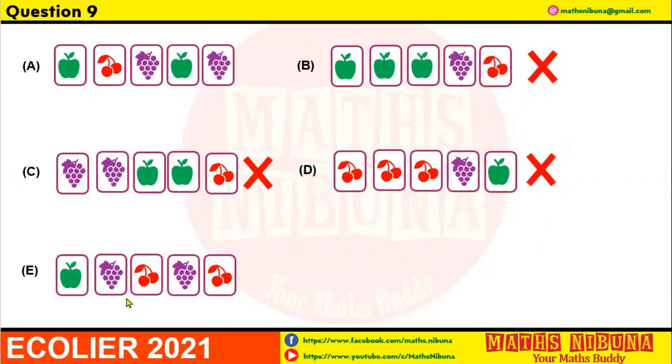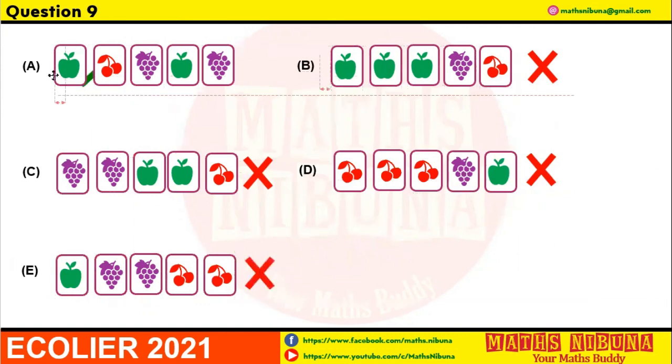This one, which one I think we can swap? Maybe we can swap cherry and grape. Let's say I put grape here, cherry here. This one also is possible. I do a side by side. So this is also cannot be the answer. That means it is confirmed that the answer is A, which is I cannot swap. Okay, the question asked which one is not possible. So the question number 9, the answer is